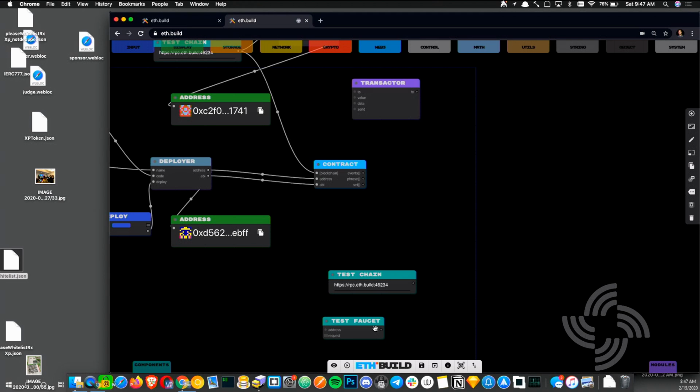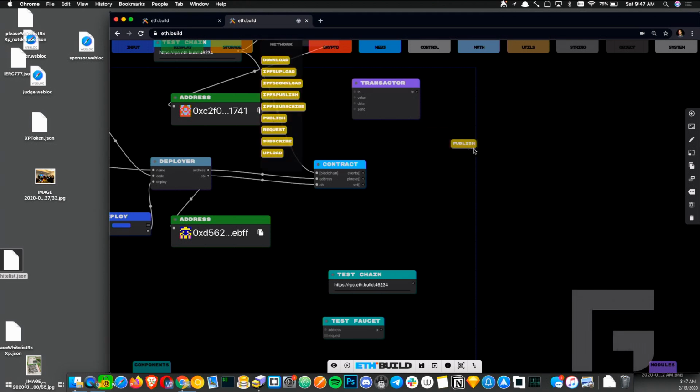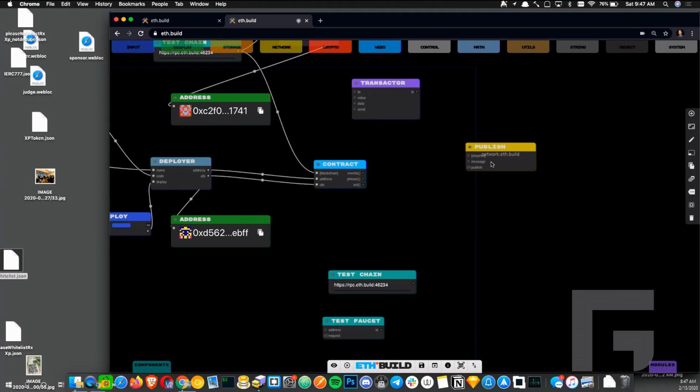If a few of us had laptops and we were all working on this, we would all be on the same RPC, we would all hit the same test faucet. I could have my contract up. I could even be publishing my contract to the network and you could be listening to it. And so we could all be grabbing the contract and working with it. From the network, you could grab all this information here